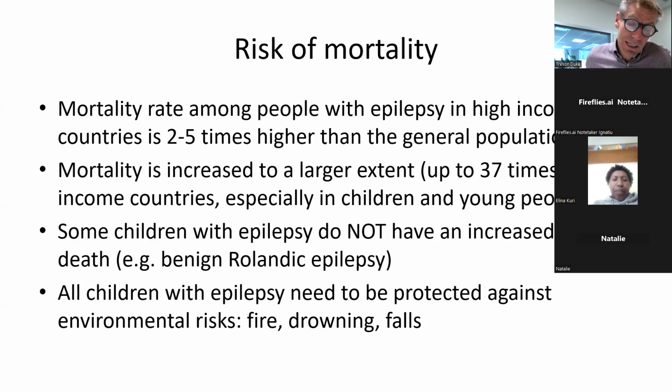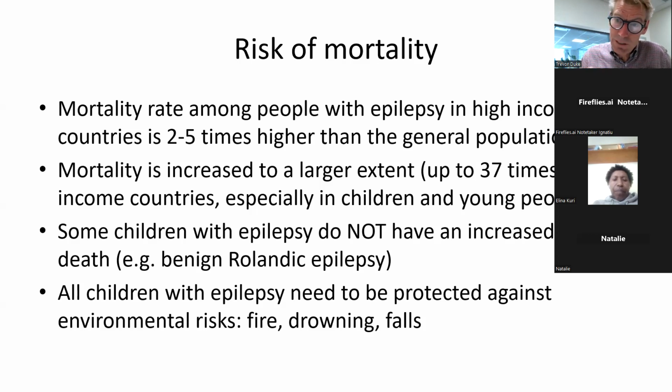So some of that increased risk of mortality relates to environmental risks, and some relates to a condition called sudden unexpected death in epilepsy, which is when children typically have a seizure overnight, and they may have some airway obstruction, or they may have a cardiac arrhythmia, and they're at increased risk of sudden death. That's very rare. And so I don't generally scare parents with that information. I just tell them about